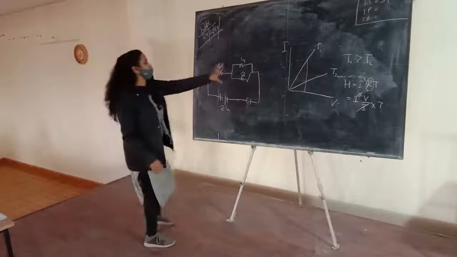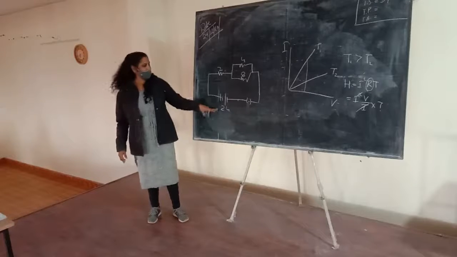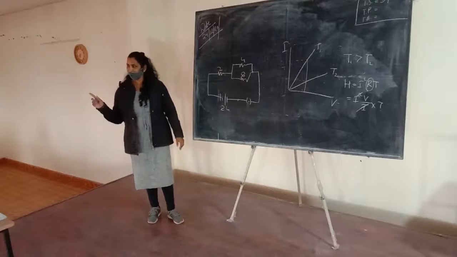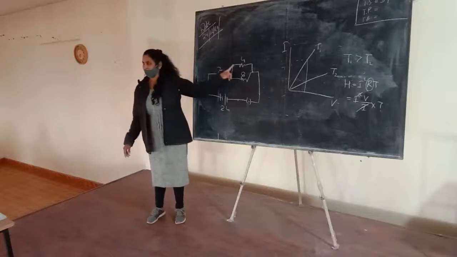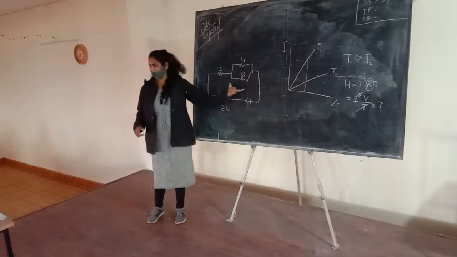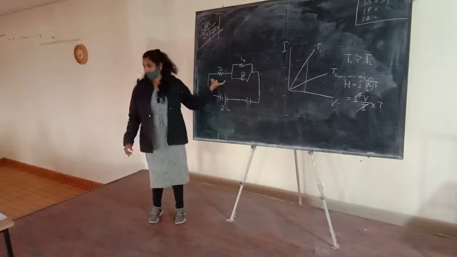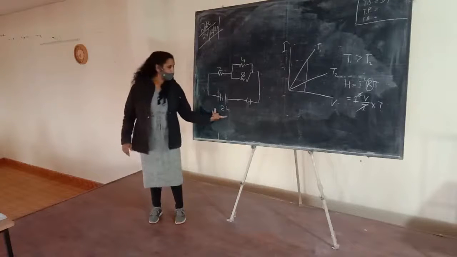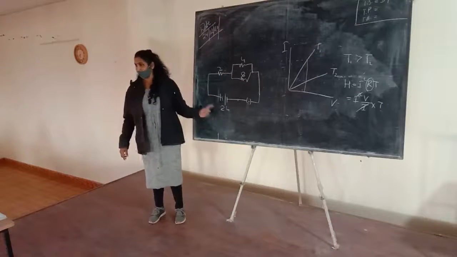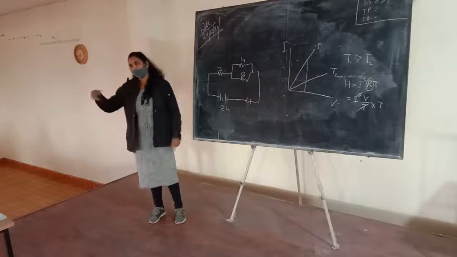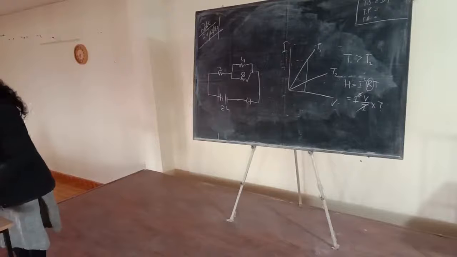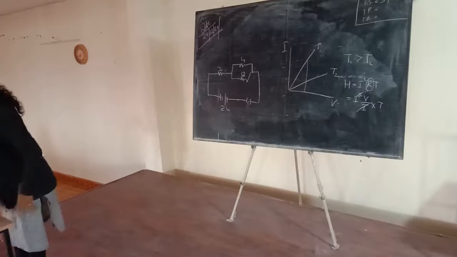पैरेलल में ये दोनों बेटा इन दोनों के साथ ये तो सीरीज में है. ये 24 तो बढ़ गया दोनों में. But the 24 volt is for both this one and this one, since those two combinations are in series with each other. So this 24 volt will divide between this one and this one. So you can't take V as 24 volt. This is for the whole circuit. Okay, we will continue this chapter in the next lecture. Just prepare for this chapter, and your doubts.